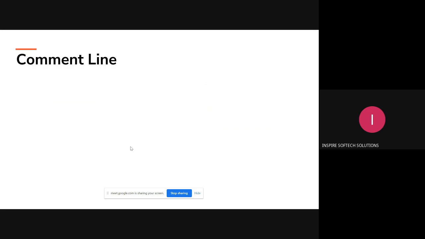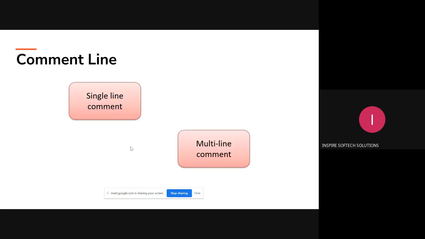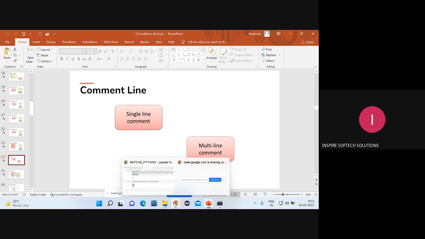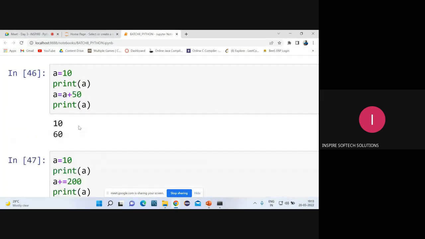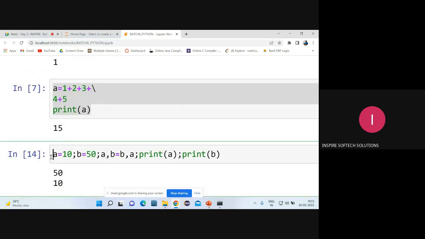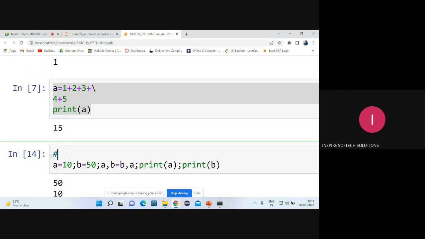Now, commenting. We have two types of commenting. Single line is there and multi-line commenting is there. So what is single line and multi-line comment? And what is the purpose of going with that commenting? In the first class itself, I told you about this. Now, if you want to make this program, I have to make a title for this. How to make a title? Suppose I have to give an instruction like this program belongs to swap two